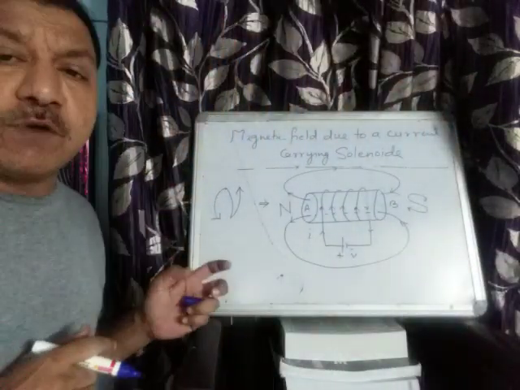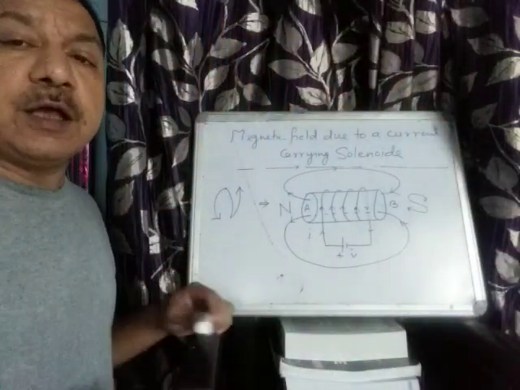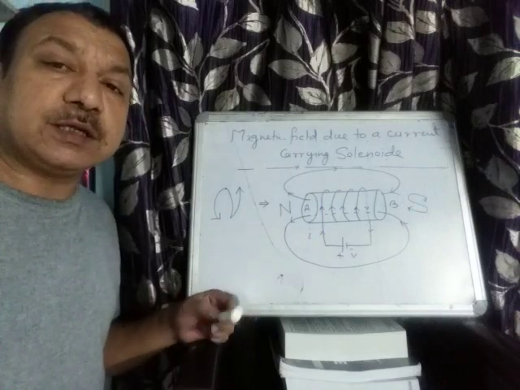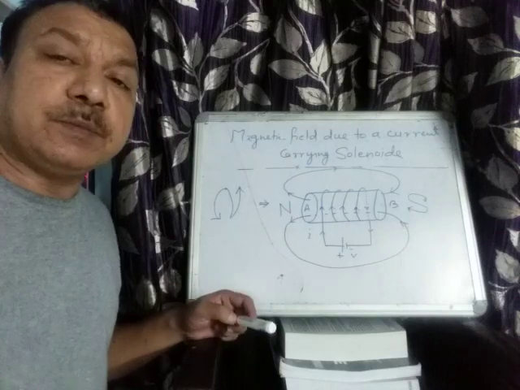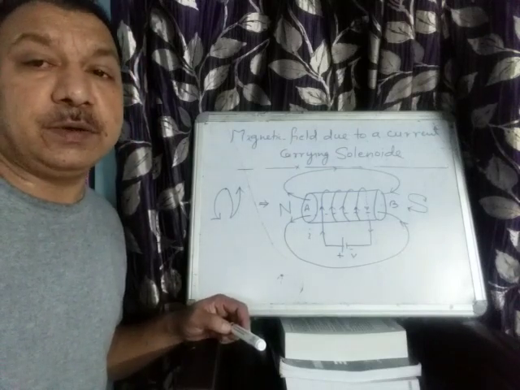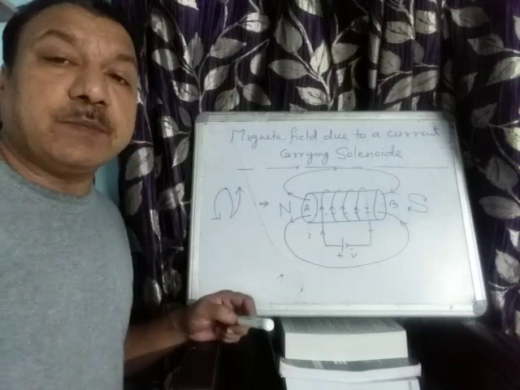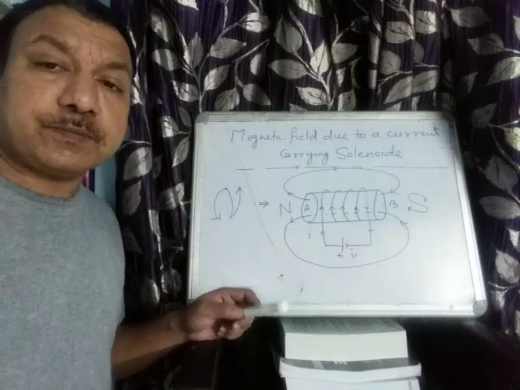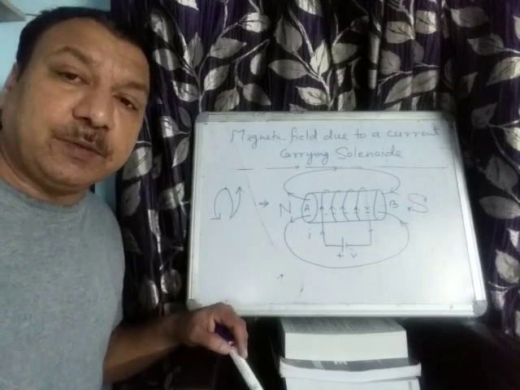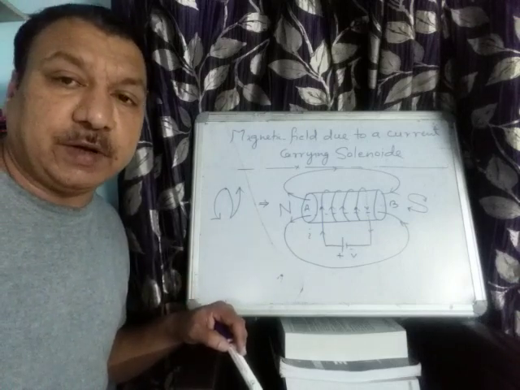So you have got three things. One, the magnetic field due to a straight conductor, second, magnetic field due to a circular loop, and third, magnetic field due to a current carrying solenoid. Okay, with these three I am attaching the videos also. You will go through the videos twice or thrice. That will make your concept clear. Okay, that will help you a lot.